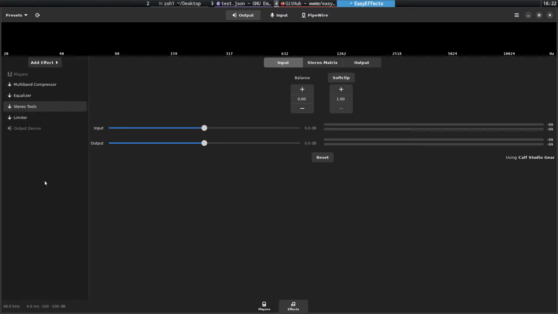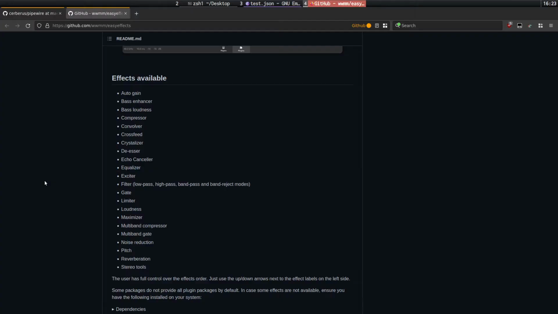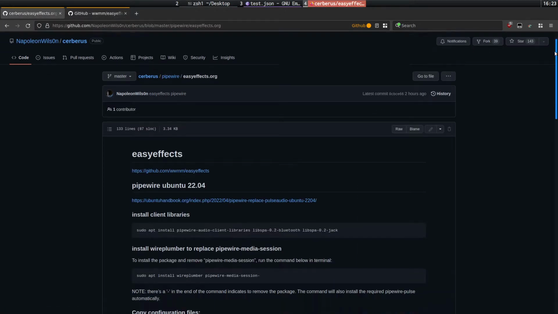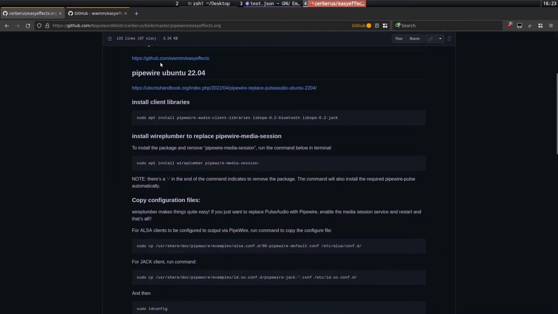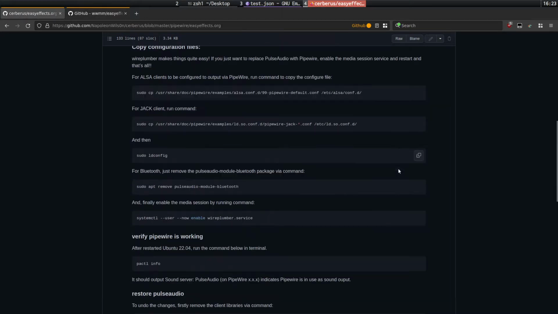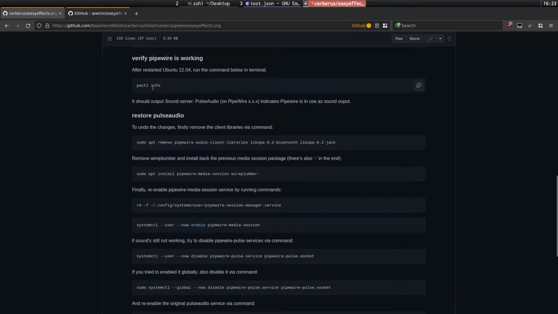And finally, I'll close this off now, and I'll come across to the documentation here. So again, if you've got PipeWire set up, you can skip the PipeWire section. If not, and you're on Ubuntu 22.04, this is what you want to do. If you're on another distribution, you need to refer to the documentation about setting up PipeWire on that distro. But this is how you do it on Ubuntu 22.04, and this is how you check after you've got everything